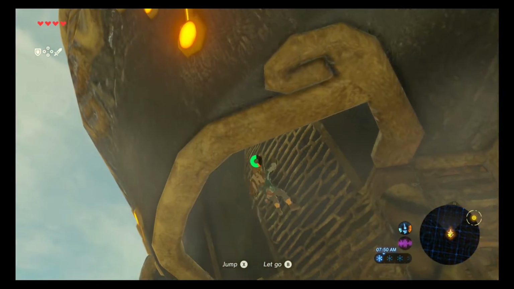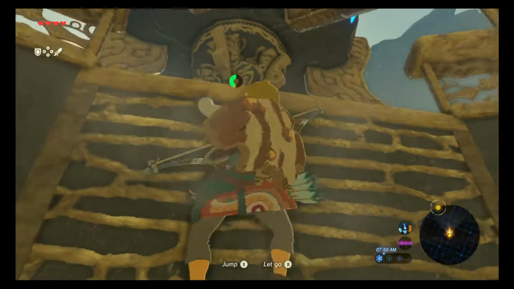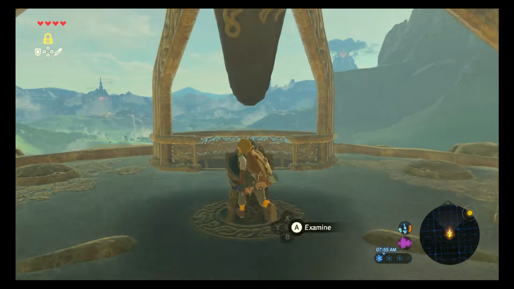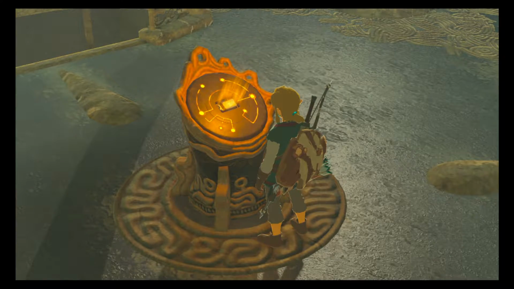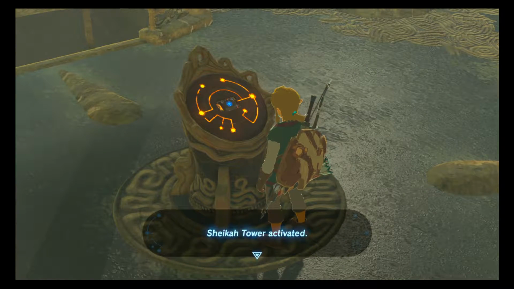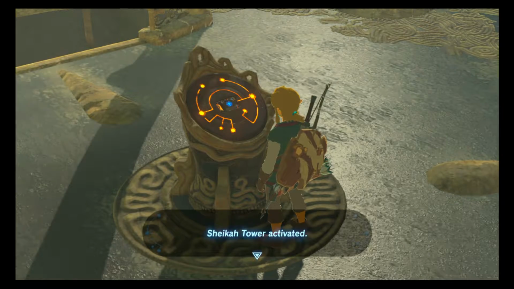As Link climbs, you can see sweat flying off of his head, and I made it to the top, and I reached the stalactite. I examine it. Link puts his tablet in the center of the stalactite, and it says Sheikah Tower activated. It rotates,